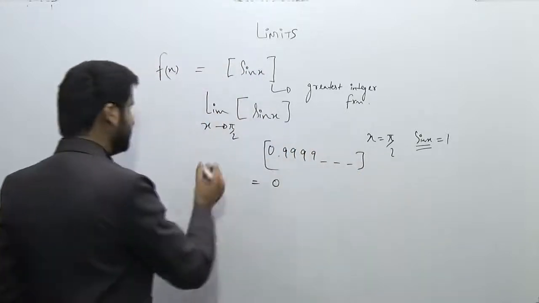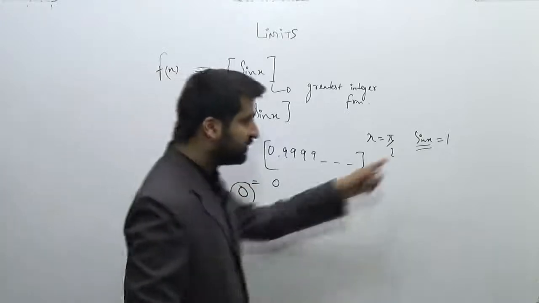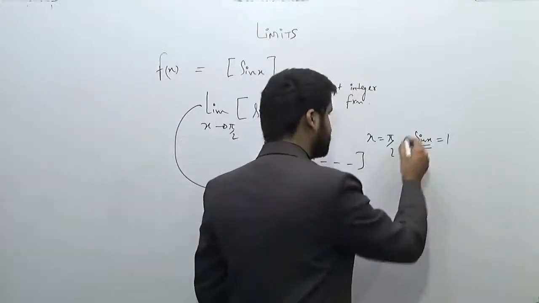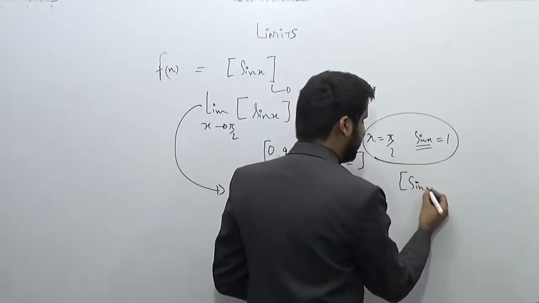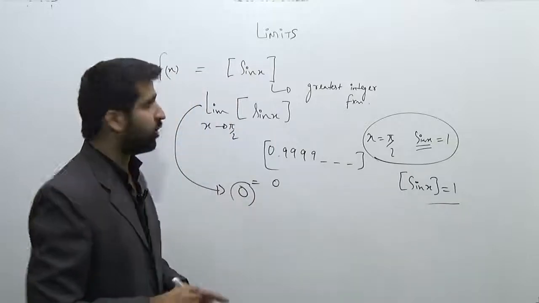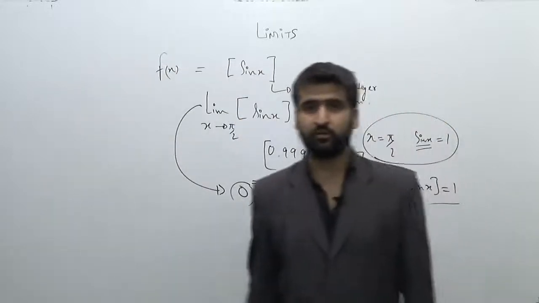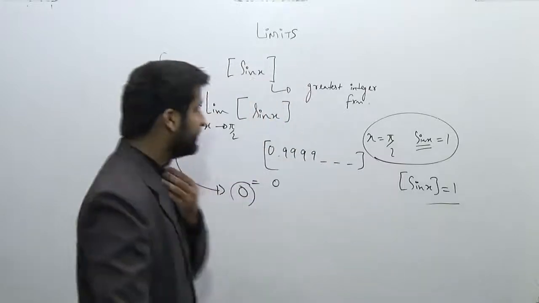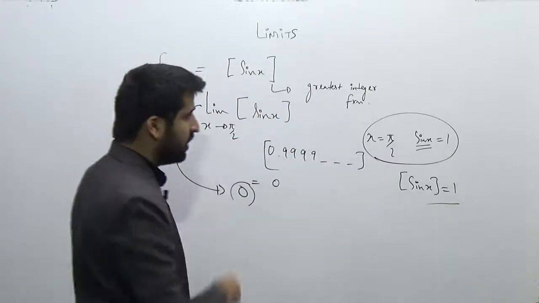So I can say that the limit of this function is coming out to be 0, while the value of this function, since at x equal to pi by 2 the box of sin x will come out to be 1, but the limit is coming out to be 0. So this is a contradiction to the statement that the limit of a function is always equal to the value of that function at that point. Since we can see that the limit of this function at x equal to pi by 2 is equal to 0, while the value